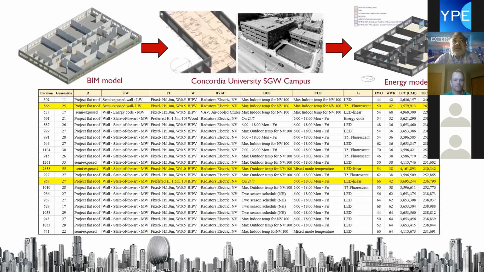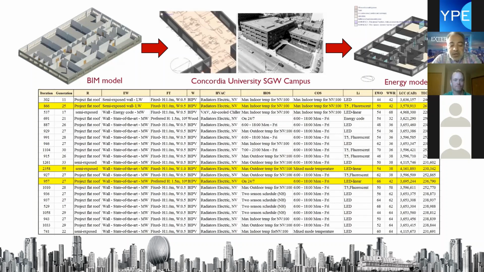So for the Concordia, we use the BEAM model. Then we extracted some data because it was a very old building, and then we provided the energy models. As you can see in the iterations, based on the client's needs, we chose 3 scenarios. You can see the numbers in the iterations. For example, one of them is 2,300 something.